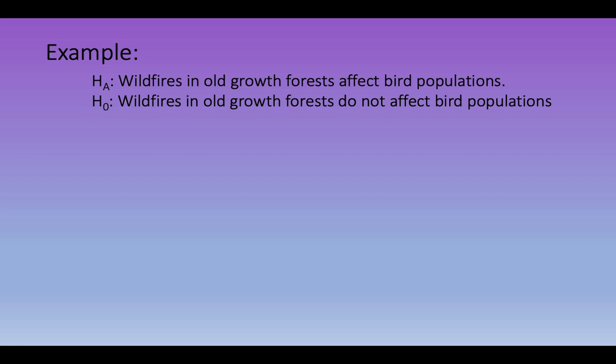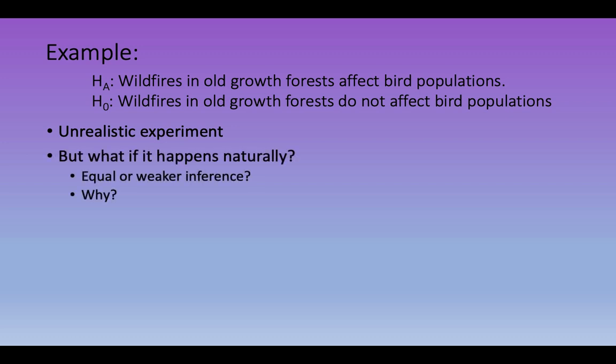So, say we take a classic sort of Popperian example when we think about old growth forests, right? Oh yeah, wildfires, what is their effect on bird populations there? Well, wildfires either don't affect them or they do, right? A very simple general hypothesis. Well, first of all, this is just an unrealistic experiment because no one's ever going to allow me to go out and start burning old growth forests in paired examples as a valid, ethical experiment to see how they affect endangered bird populations. That would not likely happen, right?